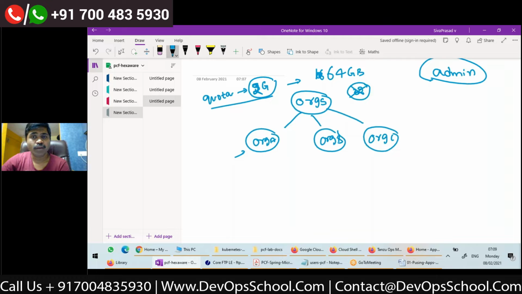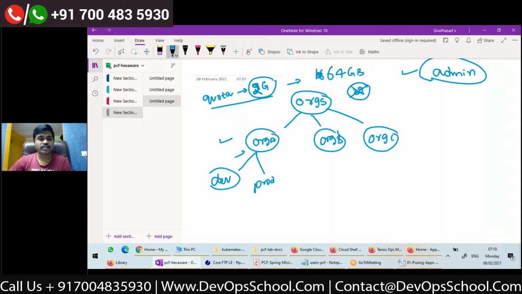So in the PCF installation, we can create orgs. Who can create organizations? The admin user. Under one org, we can create spaces, like a dev space for developers, a production space, a UAT space. Maybe for different environments, you can have multiple spaces under an organization.